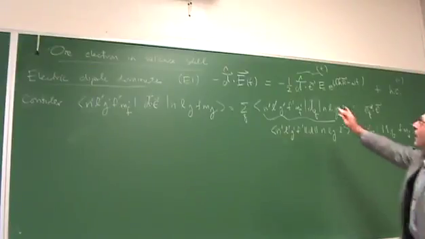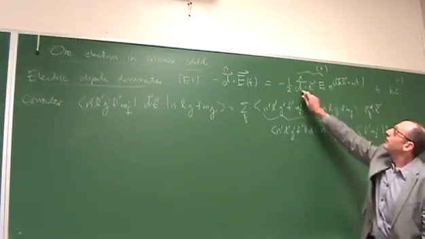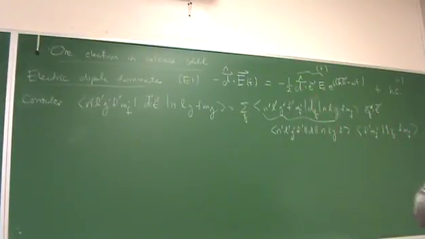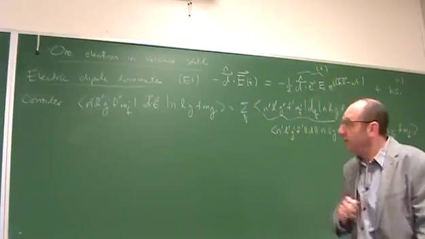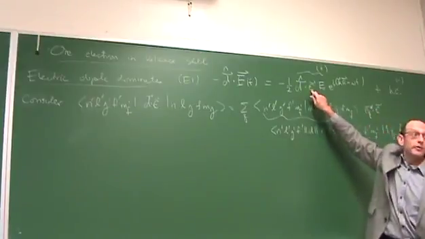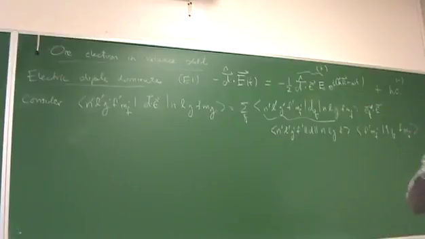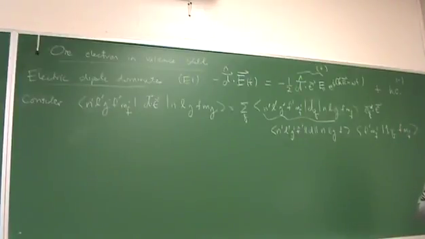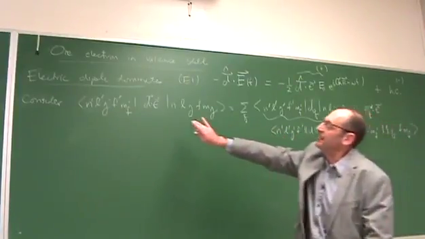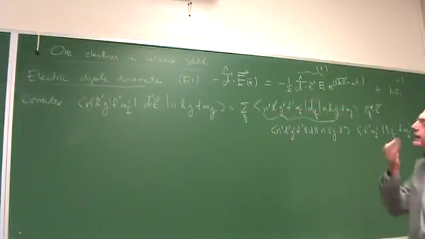matrix element of this observable associated with the electric dipole moment of the atom along the direction of the polarization of the field. This might be a complex polarization, it could be circular polarization. So epsilon here is a general polarization vector of a plane wave. It could be linear, elliptical, circular. And so we need to consider this kind of matrix element in order to determine the rate of transition.